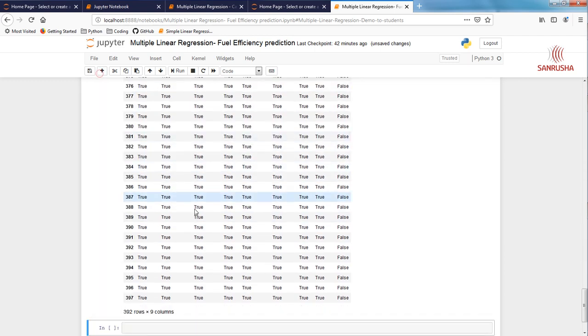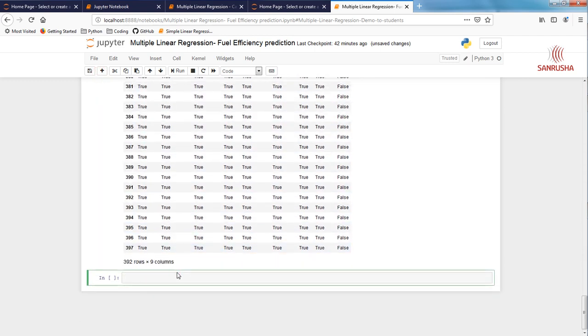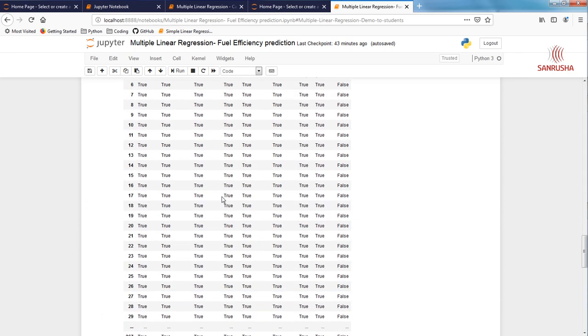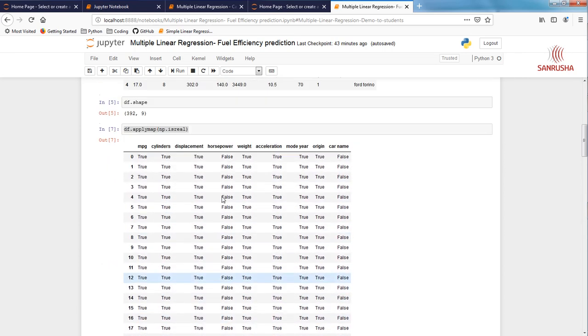Now let's find out if any of them have null values, right? This is all part of data exploration. You already know this. df.isnull().sum(). Control enter. Over here, none of them have null values. Awesome, you are in good luck. We are done with the basic check of data in data exploration.